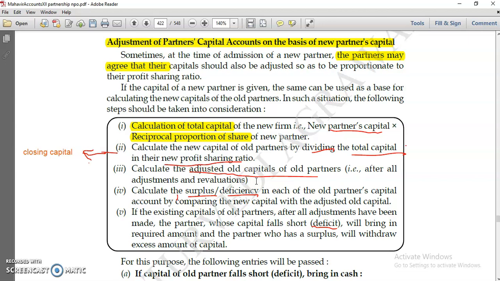So what do you have to do? Once you see this video, try 1 or 2 questions regarding the same adjustment of capital. If you feel any kind of problem, then you can ask your questions in the comment section. Stay tuned for the next. In the next video we'll discuss a full lengthy question regarding adjustment of capital, and one more topic is pending that we'll discuss also in that video.